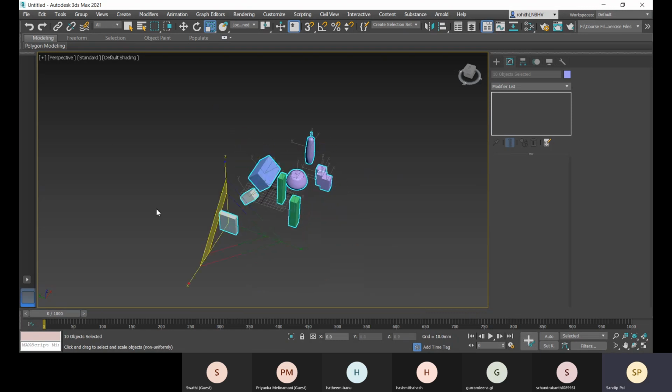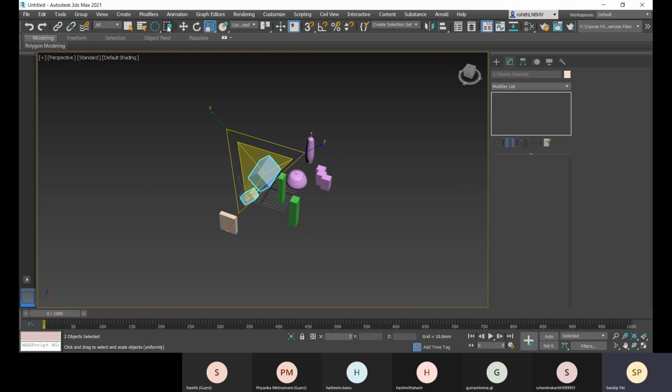So how am I selecting all these objects together? For that, we have this rectangular selection region. You can change it to circular. So you will have this circular region so that you can apply, and how it will be selected, window or crossing. Right now this is window selection. So within your window, if the object is covered, right now only one or two objects are covered, and those two objects are selected only.